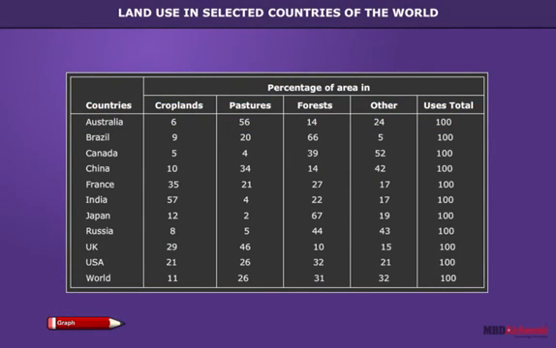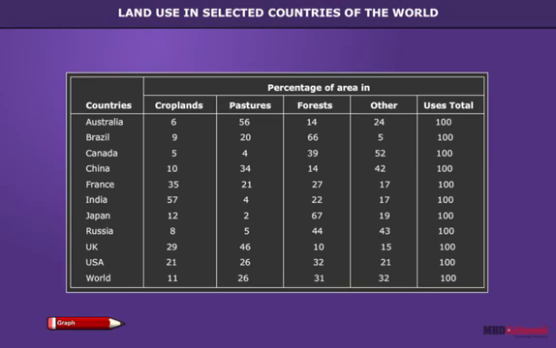According to Table 1, many important inferences can be drawn. For example, India has a very high percentage of arable land, 57%. Australia and UK have more land under pasture. A small country like Japan has 67% of its total land area under forests. Canada, which has a good percentage of its land area under forests, has put its land area to other uses.